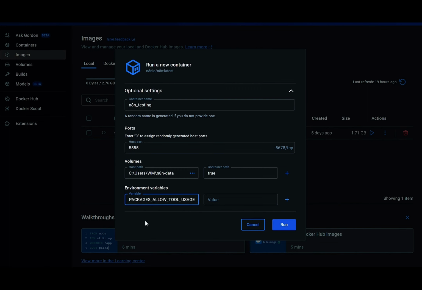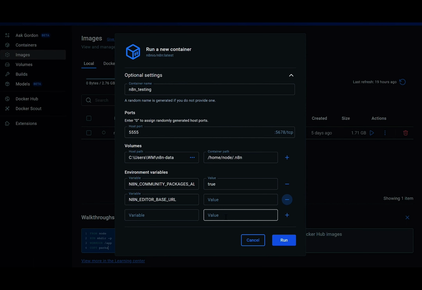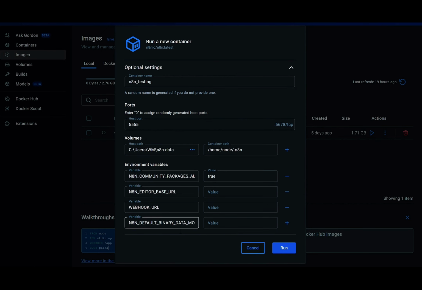Actually, this value is about n8n community packages, which will allow me to install external packages in my n8n workflows. Sorry, in this container value it will be /home/node/.n8n. Okay, so here it will be true. Yes, I will have another variable, n8n default binary data mode, and it will be file system,